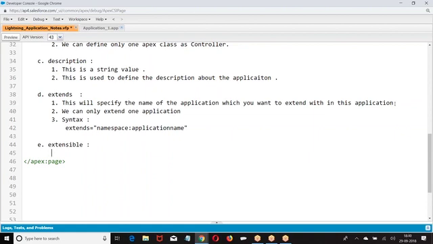Is it available for extension? In Apex programming, if you remember, we have the virtual keyword. Which class can be inherited? Only those Apex classes which are defined as virtual can be inherited by another. Similarly, only those applications whose extensible is true can be extended by another application. Extensible is a Boolean value.